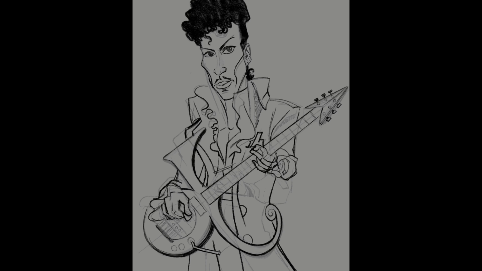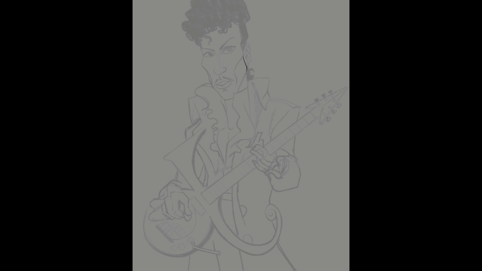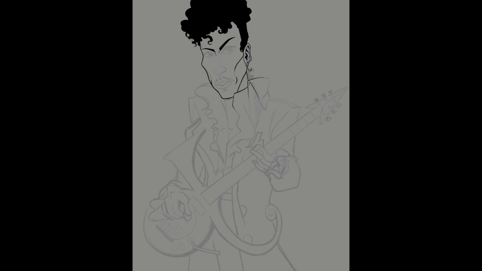And for a long period of time here, I'm staring at this thing, wondering whether or not I was actually drawing Prince, or if I was drawing Lionel Ritchie. For some reason, I kept seeing Lionel Ritchie in this from staring at it for so long. So the point of the matter here is that I want to make sure that I take my time and get a really good rendering of this done. But if I stare at it for too long, I'm going to start betraying what is ultimately going to be something striving for resemblance. So periodically, I had to walk away from it, get into a different reference photograph and things like that,